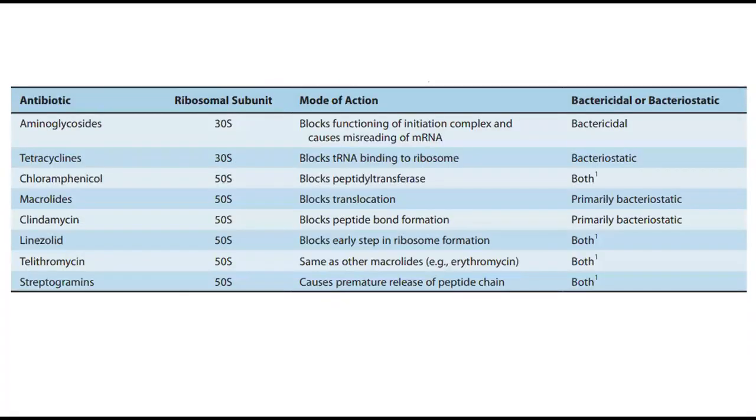This is the summary of today's lecture, showing which antibiotics perform which function. So aminoglycoside binds to the 30S ribosomal subunit, and I have told you its action, and it is bactericidal. Now this is tetracycline, it also binds to the 30S. Sorry, these are all antibiotics that bind to different ribosomal subunits, these are their modes of action, and they are either bacteriostatic or bactericidal. So you can use this slide in your assignments and presentations.